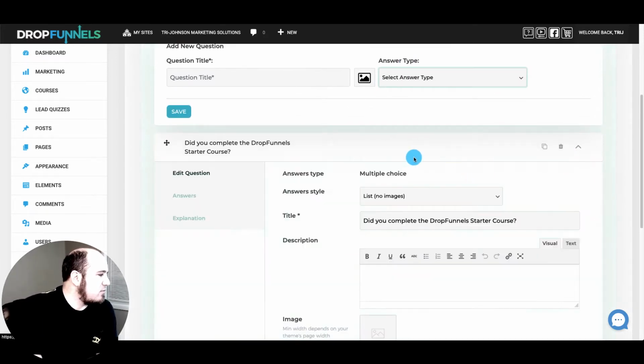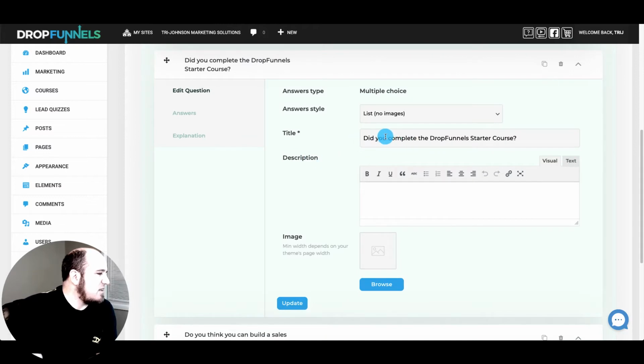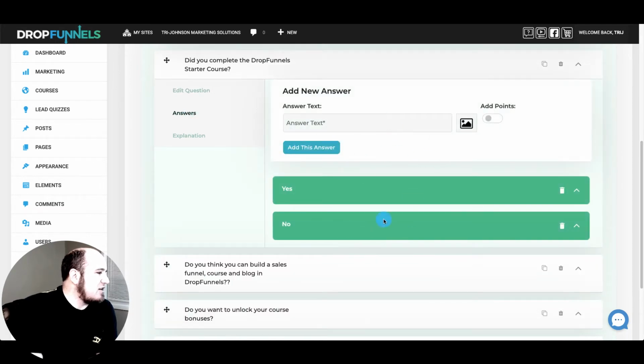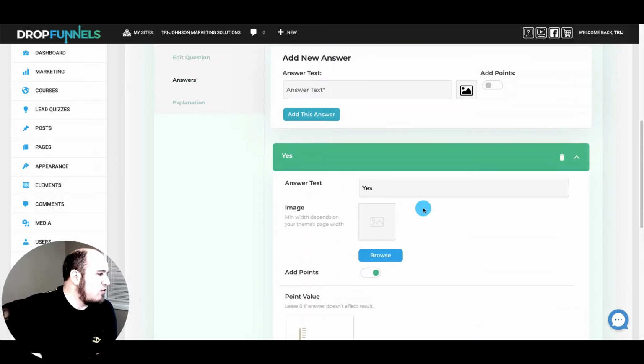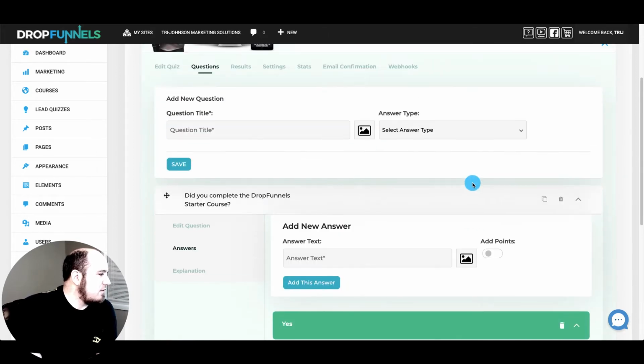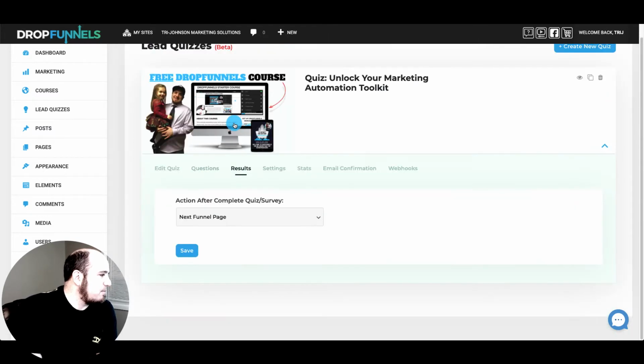So I have 4 simple ones here. Did you complete the starter course? If you've gotten this far, the answer is yes. In there, you can add your multiple choice answers and assign point values to each answer. Pretty cool stuff. And the point values will come into play